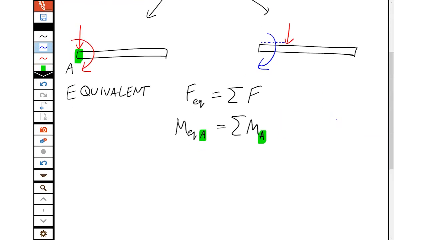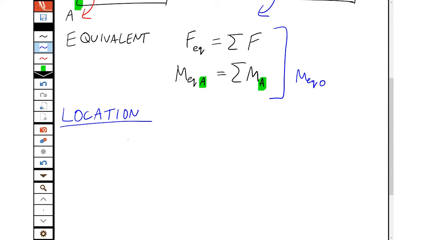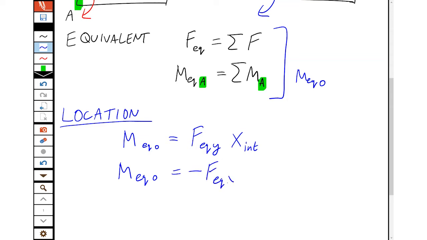Now, what about location? You're not always asked for this, but sometimes you are. So if you want the location, first you do the equivalent steps. You find the equivalent force and the equivalent moment around the origin. And you can set the origin wherever you want. We'll do a little example of that in a moment. And then the equations for that: the equivalent or total moment around the origin is equal to the y component of the equivalent force times the x-axis intercept, and the total equivalent moment around the origin is equal to minus the equivalent force x-component times the